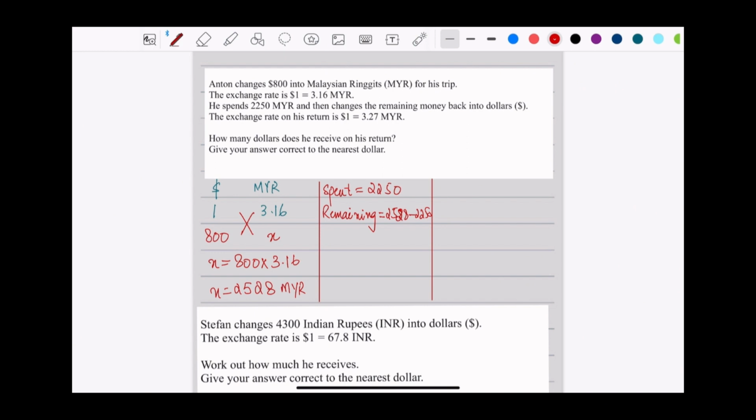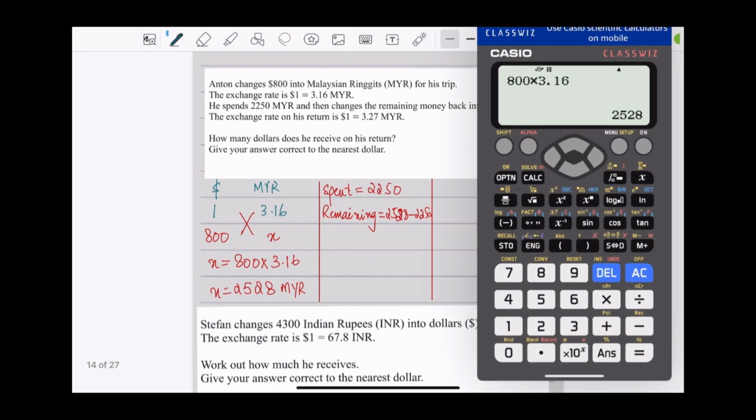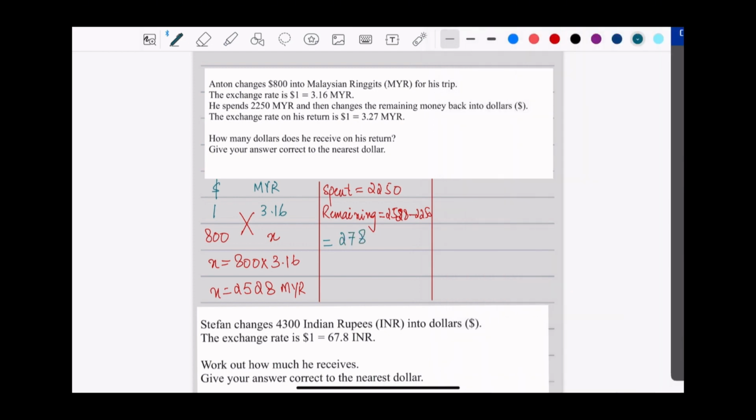So the remaining amount he has left is 278 Malaysian ringgits. Now, while returning back, he wants his dollars back, and the rate is dollars to MYR. That's a different rate now. So 1 for